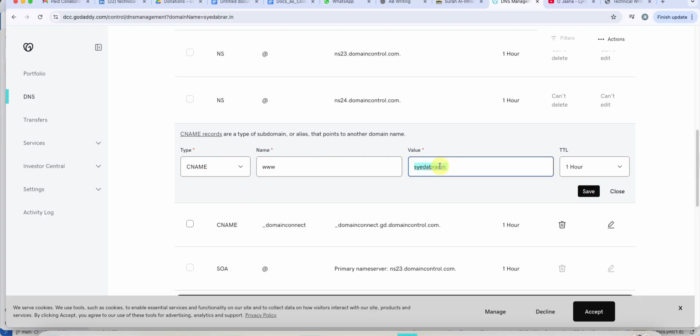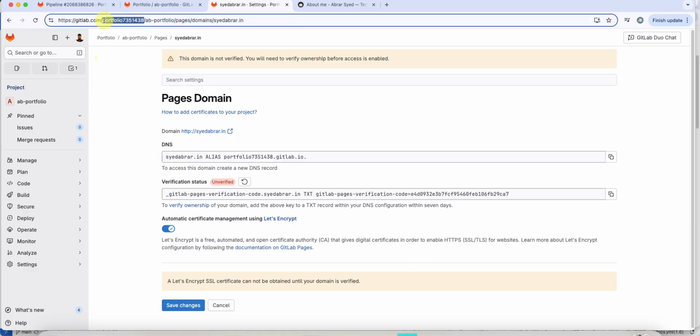Value, this is not the value we want. We want a value that is our unique GitLab Pages URL. So each one of you would have your own GitLab Pages URL. Let me quickly show where to look for it. Focus on the address bar. It is generally the project name followed by the ID. So copy this,